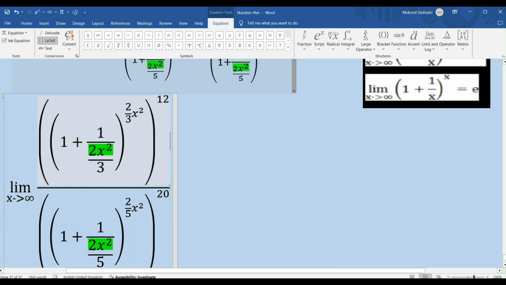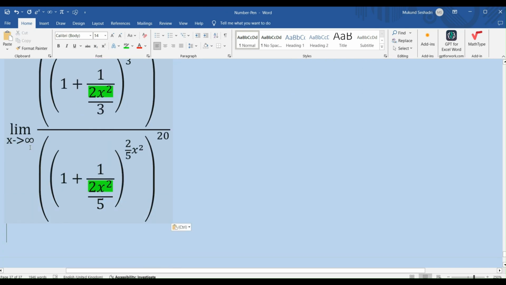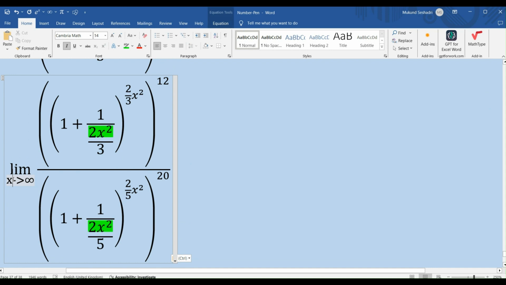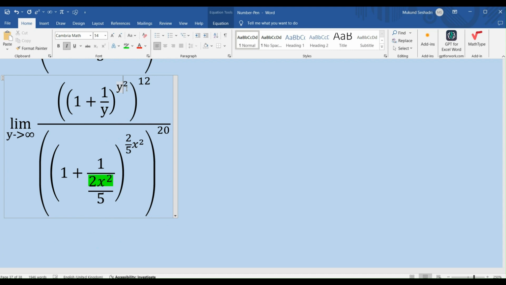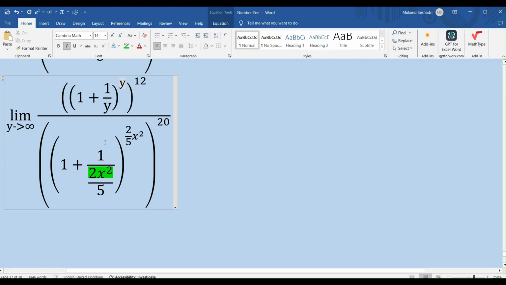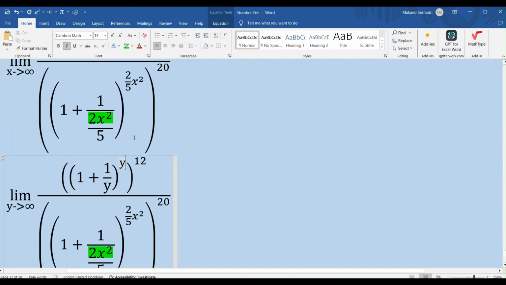Let me write this out here. I'm going to copy this. I'm going to write this out again. So I have limit y tending to infinity, and I have this as y, and I have this as y, right? And all that I've done is 2 by 3, the y square is nothing but y, and when x tends to infinity, my 2x square by 3 will also tend to infinity, right? Now let's rewrite this as,